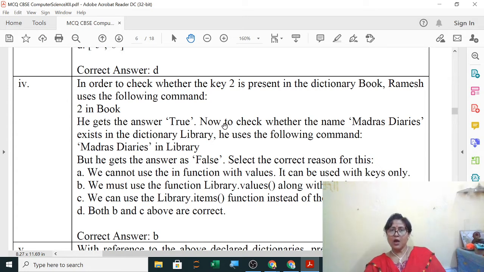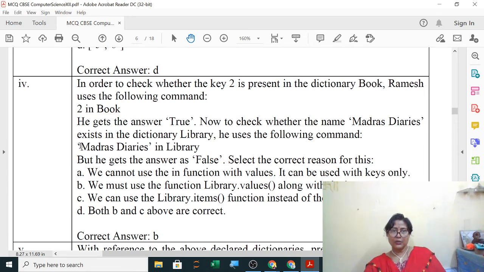Yes, true. Now to check whether the name Madras Diaries exists, Madras Diary was in values, so you have to write Madras Diary in book.values(). Madras Diary was in library, so it will be library.values().